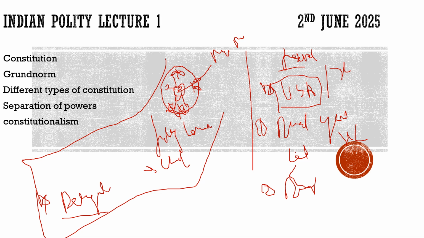Third thing, there should be the written constitution. Why written constitution? Why not unwritten constitution? If there is no written constitution, how can I trust? For example, I am a state and my father is the center. He will tell me that particular powers are for you. If tomorrow he is not giving me those powers, I will go to him and say you had told me that you will give me particular powers, why are you not giving me? He would say, where is that written? So there should be a proper agreement between the center and the states. For that, you need to have the written constitution.